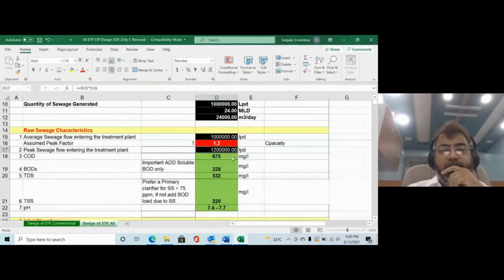So next we go down to write some numbers. Maybe we write COD as 650, and BOD is important. Add soluble BOD only, because you already have a clarifier. You have already removed solids in the clarifier, and now we are talking about a system which is going to be designed based on BOD, for which you are going to consume oxygen. So if you have that number, fine. If you do not have that number, fine. Then for calculations right now I am putting